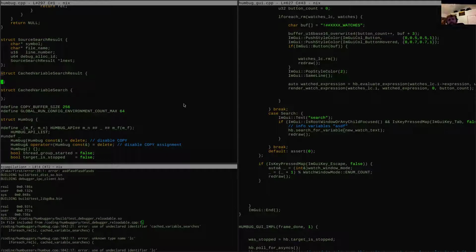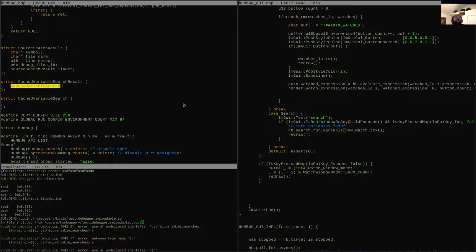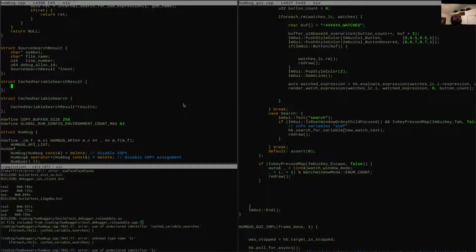There we go. Cache variable search. Nope. What am I doing? Wrong way. Variable search result star results. There we go.